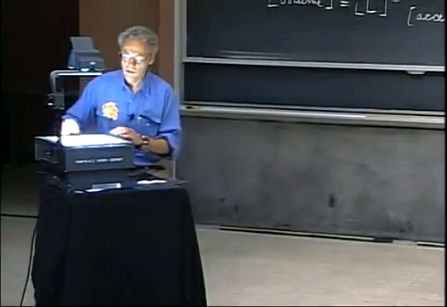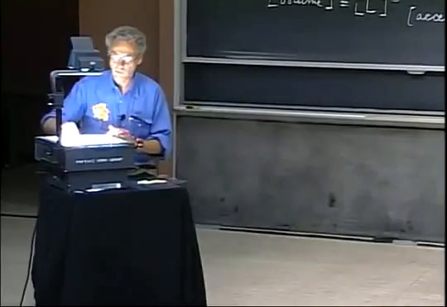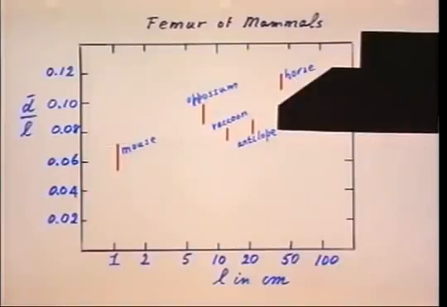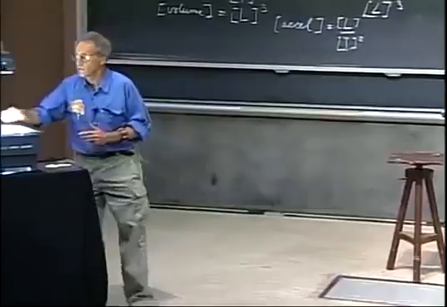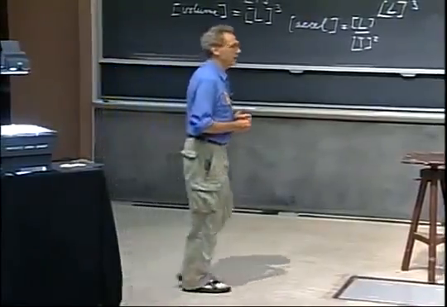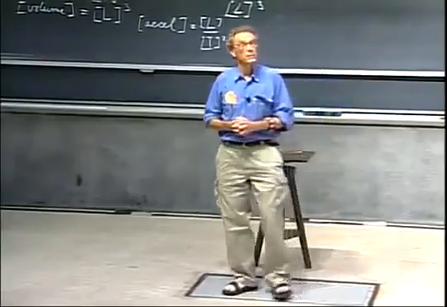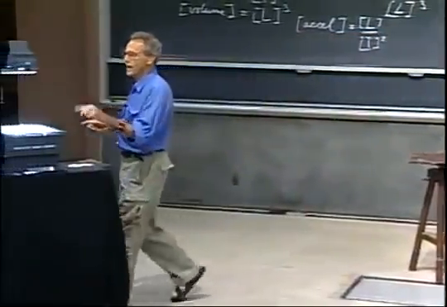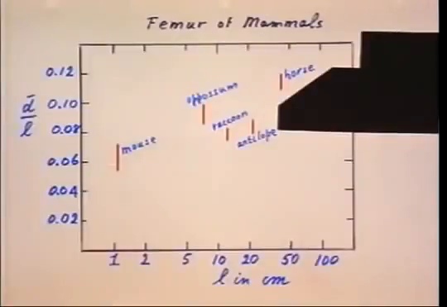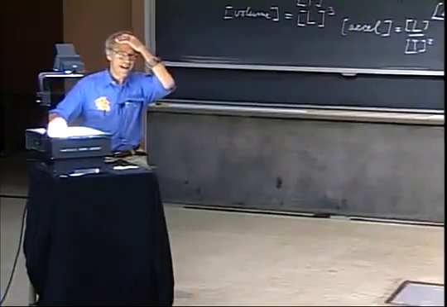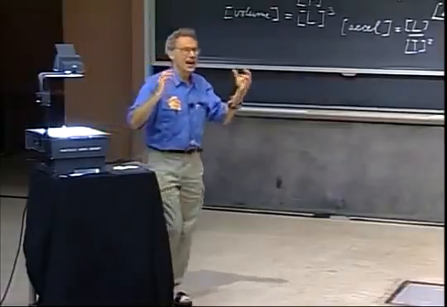I was shocked. I was really shocked. Because look, the horse is 50 times larger in size than the mouse. The difference in d over L is only a factor of 2, and I expected something more like a factor of 7. So in d over L, where I expect a factor of 7, I only see a factor of 2. So I said to myself, oh my goodness, why didn't I ask them for an elephant?